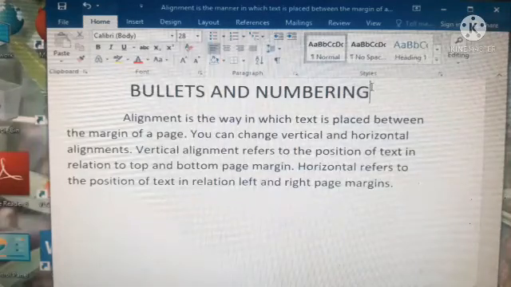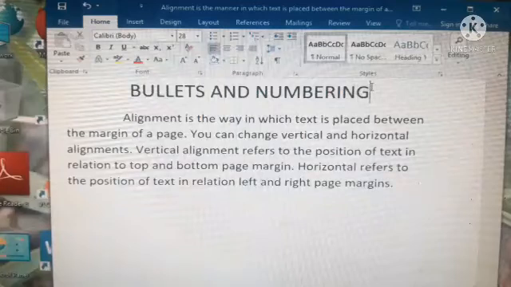If you want to type some steps, first step this one, second step this one, we will arrange them like this. For this process we have to use the numbering option. Step by step. We can't write the third step as the first one and the first step as the fourth step, isn't it? It has an order.